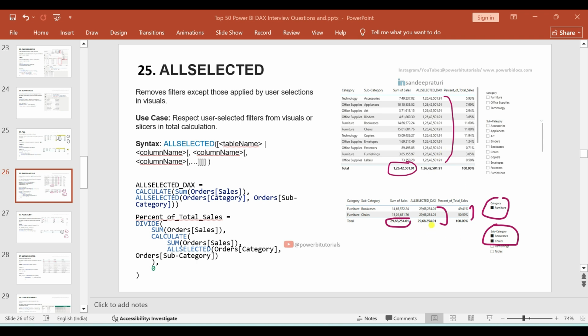In the second screenshot, this time we select some filters. From category we select furniture, and in subcategory we have selected multiple filters which are bookcases and chairs. Based on our selection you can see the data in the table visual. It is showing two rows, one for bookcases and second for chairs. This is the actual sales for bookcases, 1.46 million, and for chairs actual sales is 1.50 million, and the summation of these two is equal to 2.96 million,